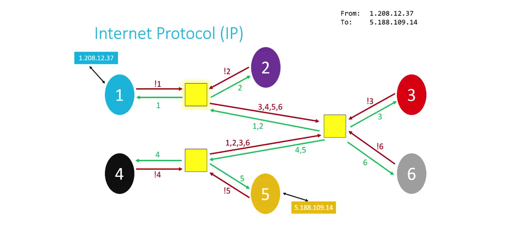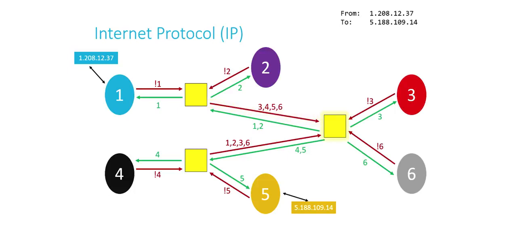Then this guy has to make a decision. Where am I going to go? Well, it's not a 1, so I'm not going to move to the 1 network. And it's not a 2, I'm not going to move to the 2 network. It starts with a 5. I'm not connected to 5, this router says, and so I'm just going to go down this path. This is where 3s and 4s and 5s and 6s go. And I'll let that guy deal with it. I'll get it a little closer to where it's supposed to go. I know it's supposed to go in that general direction. But maybe that guy can deal with it.